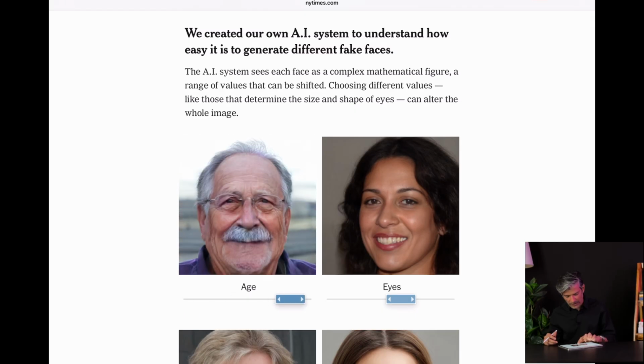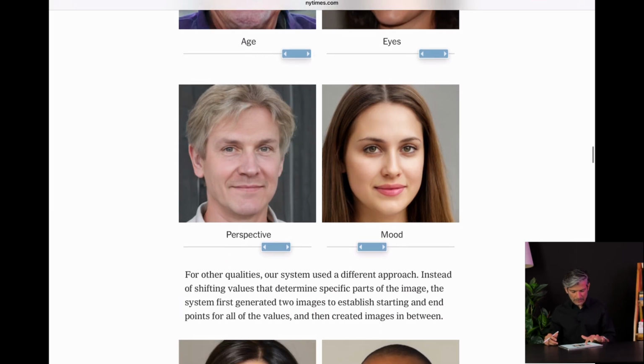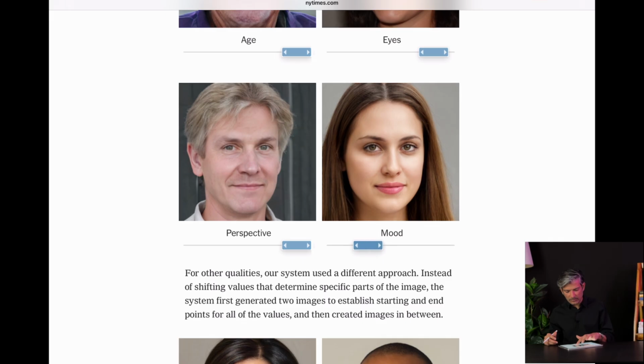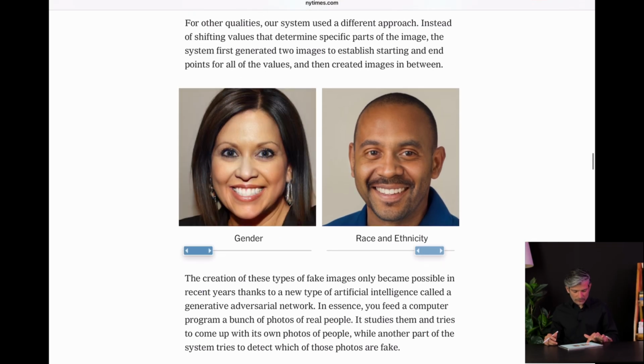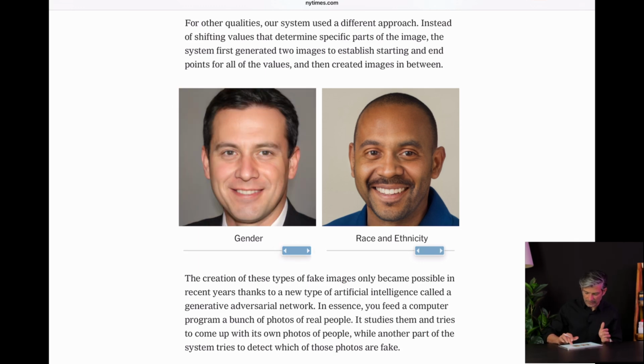So low age and high age, from a boy to an old man. Similarly, the eyes, how open the eyes are. In this case, it's the perspective, how the person is facing. And here the mood, right? So here it's from neutral to serious, and this side it becomes more and more happy. Similarly, gender, so from female you can go all the way to male, and race and ethnicity,